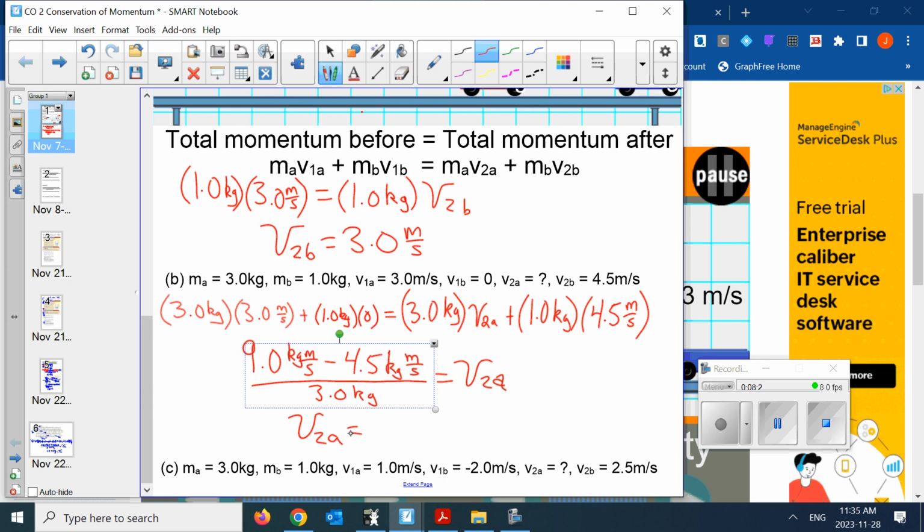Okay, when I do this, you get 1.5. So this means it's still positive, so it's still going to the right. But this means that, as predicted, they'll both be moving. The heavier object will, it's basically like being rear-ended by a car,